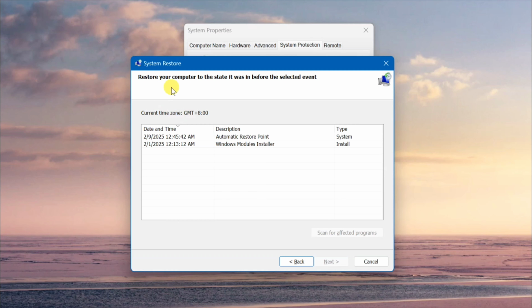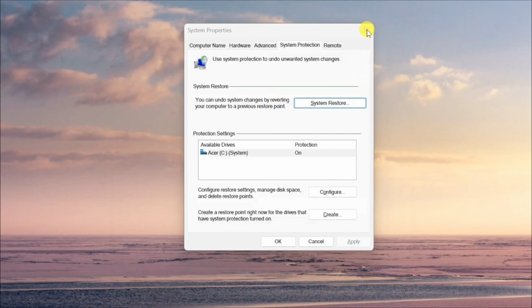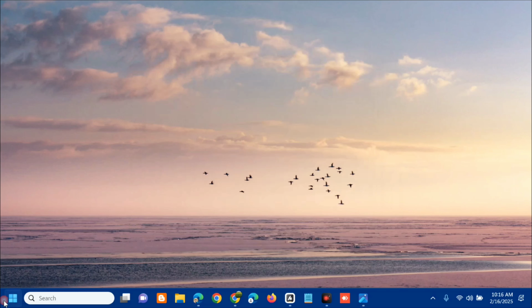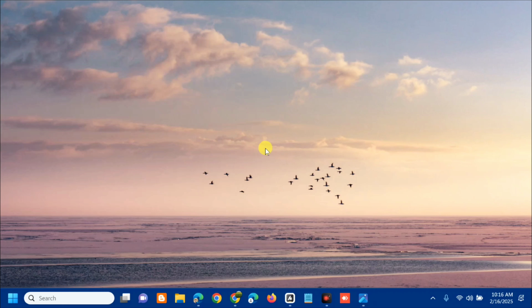Here, restore your computer to the state it was in before the selected event. You need to select one of the events. Select it, and at the bottom tap Next, and then follow the instructions. After System Properties, on the Start menu, we need to restart again. Okay, so tap Restart. Alright, so that's it guys on how to fix a driver cannot load on this device,